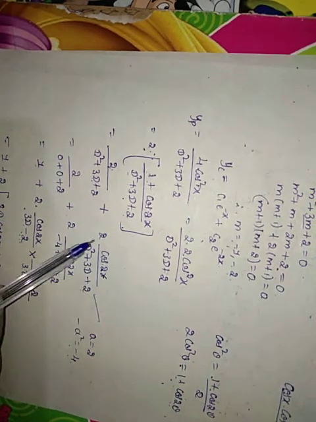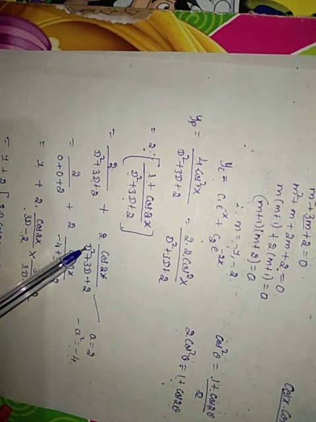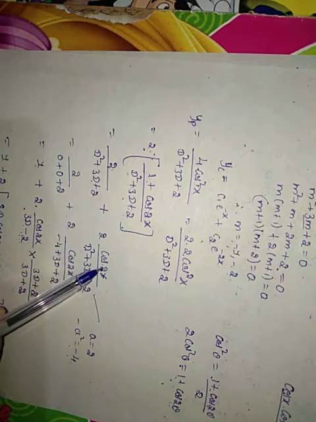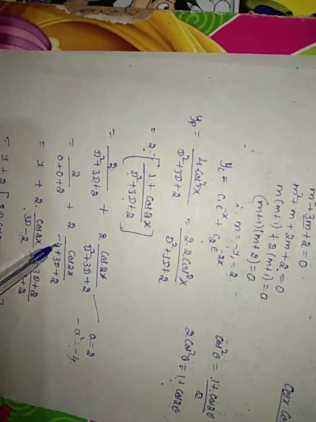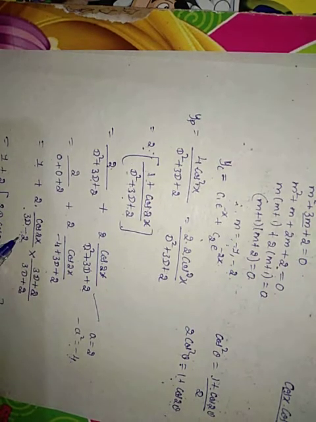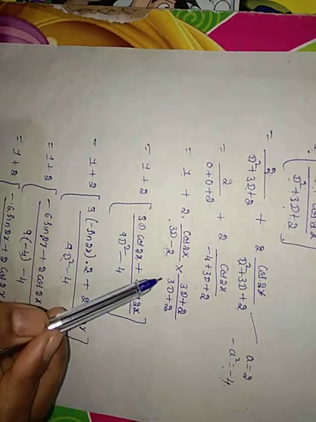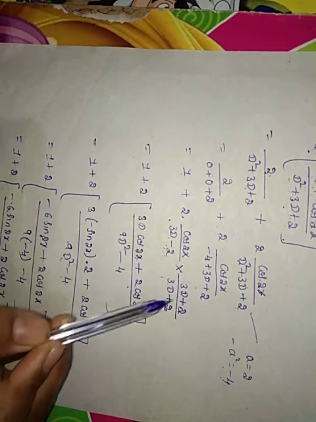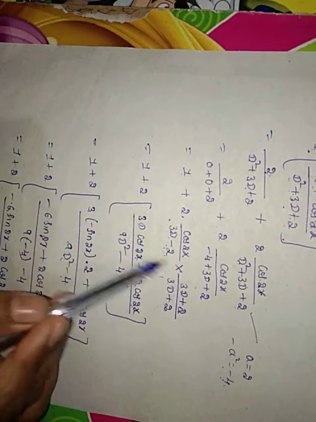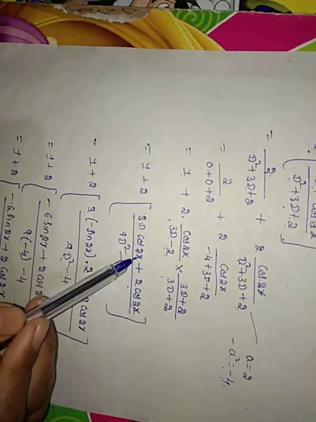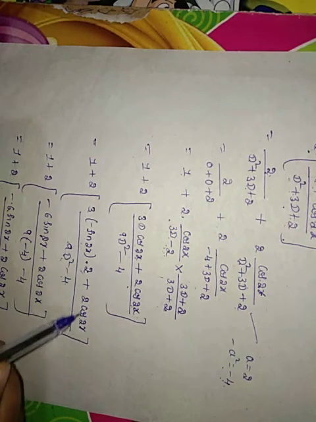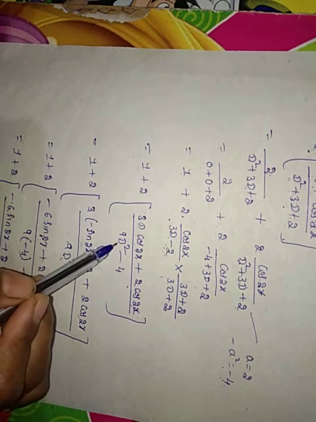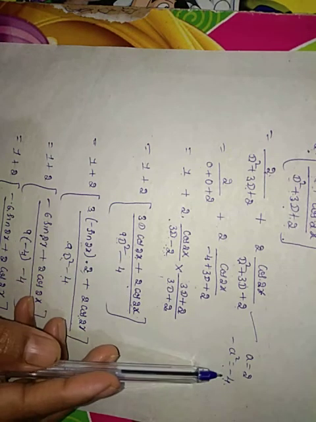Come to the second term, 2 cos 2x divided by, first replace D square by minus a square. Here the a is 2, so replace D square by minus 4. So minus 4 is replaced here and we get 3D minus 2 in the denominator. When we get 3D minus 2, multiply both numerator and denominator by 3D plus 2 and open the bracket. 3 into D of cos 2x. 3 into the derivative of cos 2x is minus sin 2x into 2, plus 2 cos 2x. Both the functions have the same a, so we directly replace D square by minus a square, that is minus 4.